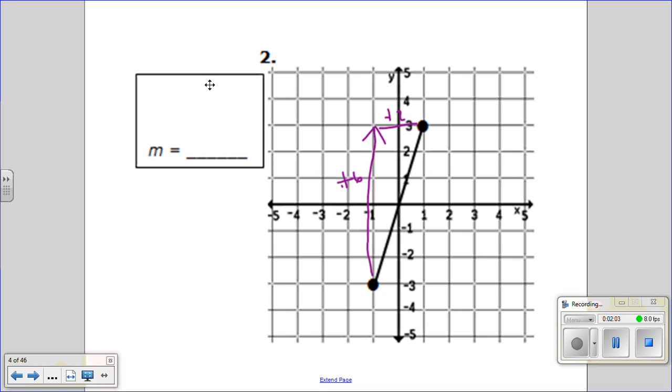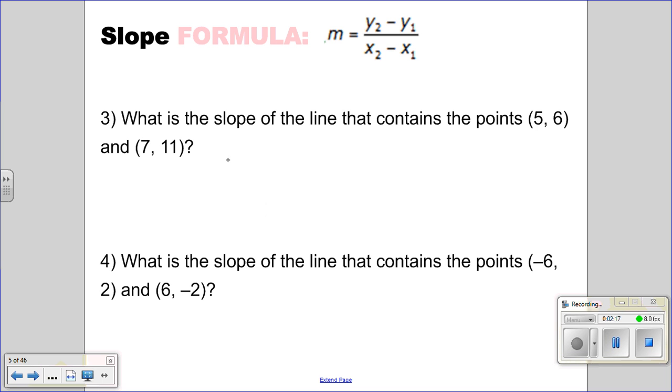So again, you put your rise over your run. So that's 6 over 2. And can it be reduced? Yes, it can. It would be simply 3 over 1 or 3. Now, given a graph, it's nice. You can simply count your rise over your run, as I illustrated